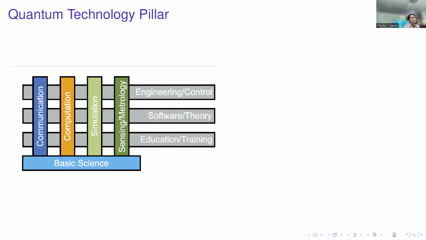And as you can see, there are many grad physicists who are good in theory and understanding of the physics, but when it comes to implementation in the lab, we are a little backward compared to other countries. So we have to develop these technology skills also, how to control and how we can develop these technologies, control software systems, education and training. So we have to build a new generation of students, or people, who can follow up in this field.